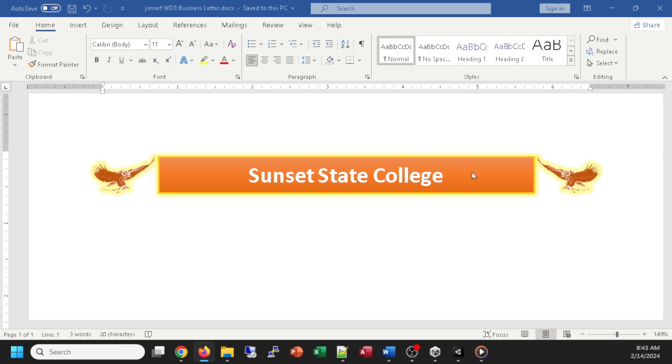Okay, so we have that saved now. Now we'll continue to add the rest of the content. Made a picture copy of the eagle, flipped it around. Now we're ready to enter some text that's going to be right beneath that letterhead. We'd like it centered, so I'm going to click the center icon, or Control E if I remember that, and start typing Office of Admissions,